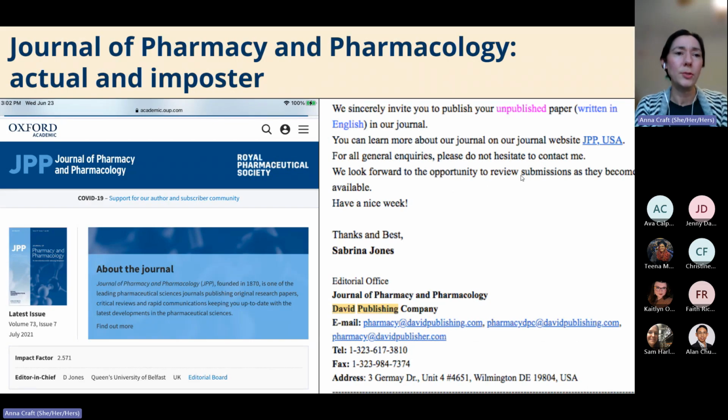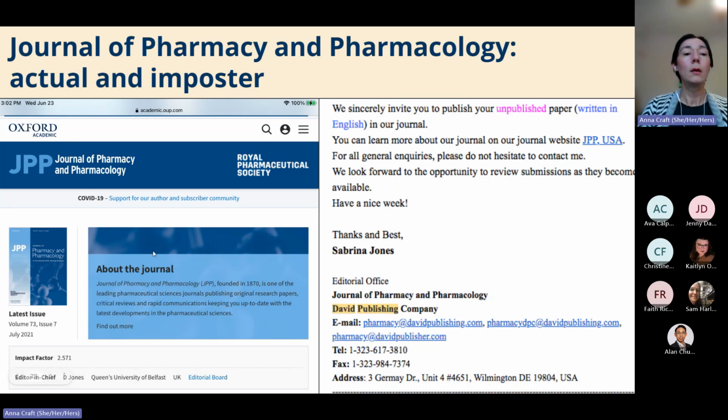Here we've got two different Journal of Pharmacy and Pharmacology journals. On the left, the real journal from Oxford, associated with the Royal Pharmaceutical Society. This is a legitimate journal. It's been around since the late 1800s. On the right, we have an email solicitation that one of our grad students received from a journal with the same title, published by David Publishing Company.